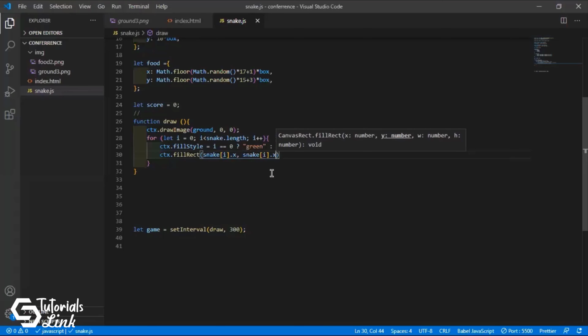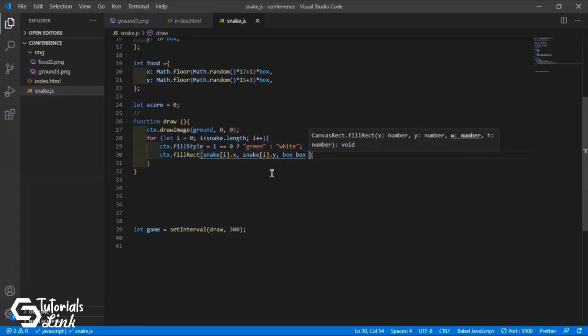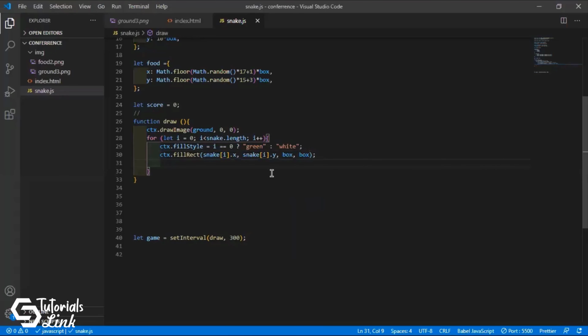Similarly, snake on its i index for the Y coordinate, and it will fill 32 by 32, right? Because we don't want more than that. So this is for filling the snake with color.